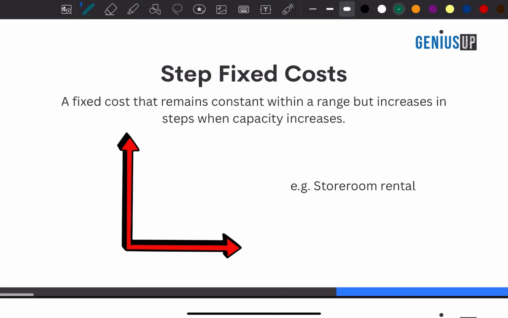So step fixed cost is basically the idea that these costs are fixed in nature, but once activity goes outside of a certain range, then the cost changes. For example, storeroom rental. Let's say you rent out a storeroom, and you pay, let me make an example, 50,000 for a storeroom. And this storeroom can only